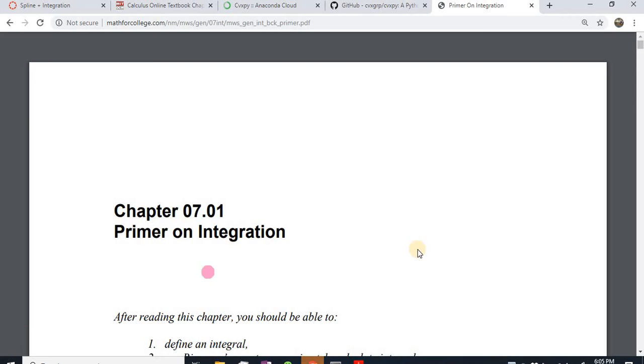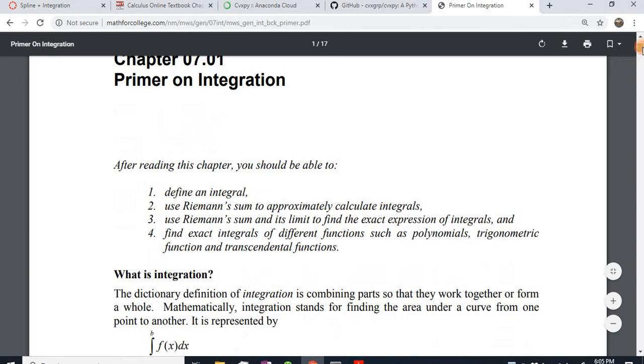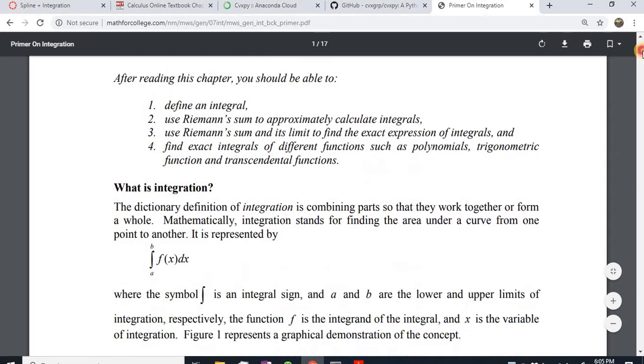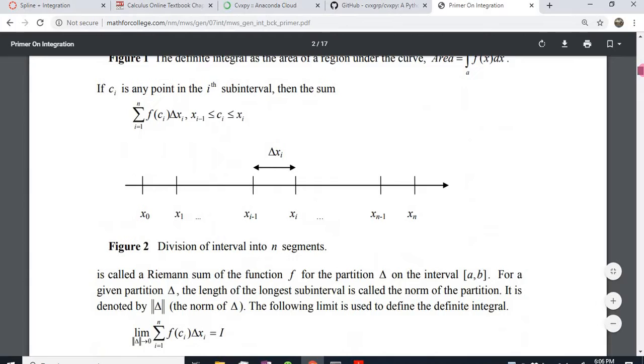To review here, you all know what an integral is. I just want to go over what a Riemann sum is, because the Riemann sum is kind of the basic idea of numerical integration. So you have some function here. Again, as we've done many times, if you want to integrate,